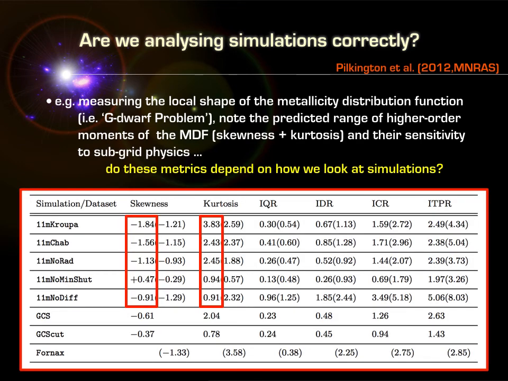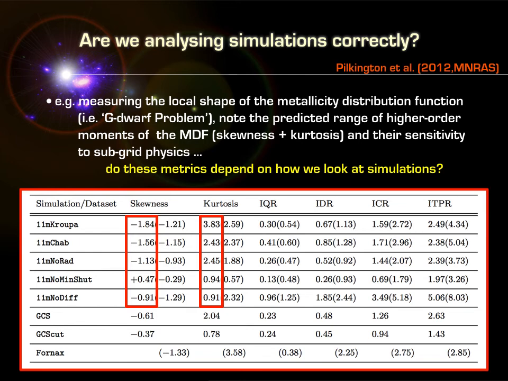We went off and ran a bunch of simulations. We went to the solar neighborhood of the simulations. We made those same metallicity distribution functions, and we did exactly that. We measured the skewness. We measured their kurtosis. And what I want you to take from these numbers that I put the box around is not to memorize the numbers. That's not important in the slightest, but just to note that when I look at skewness, you can see a range